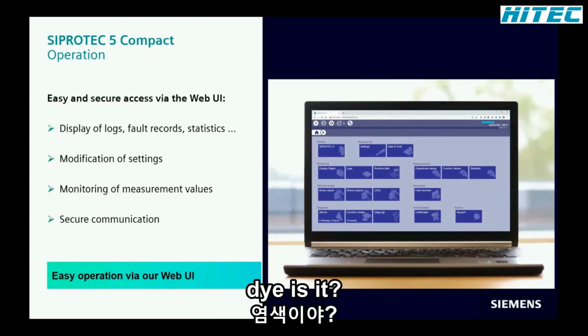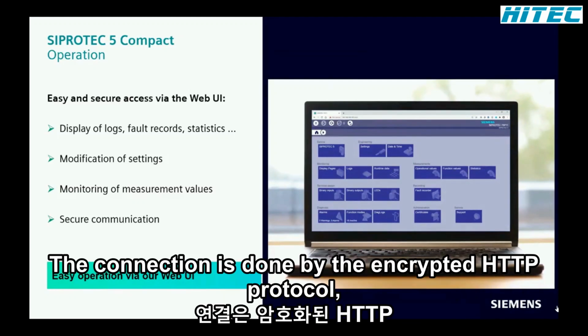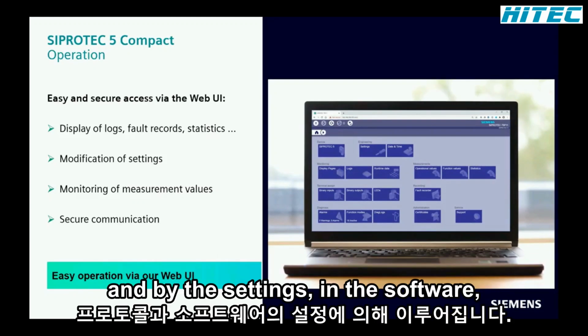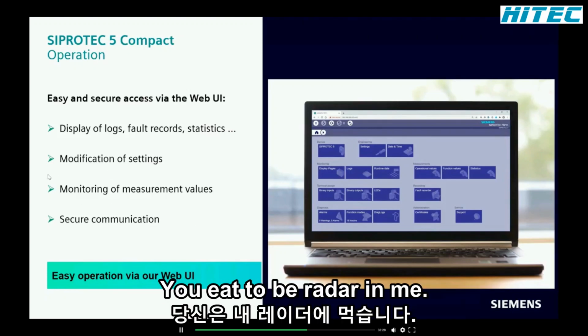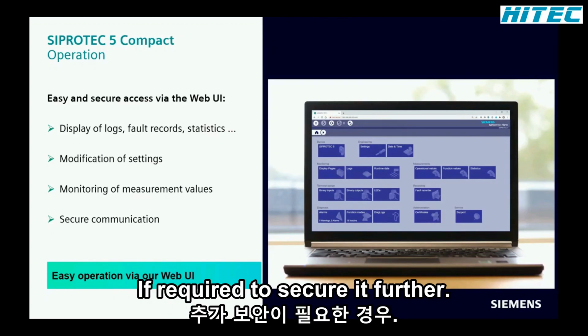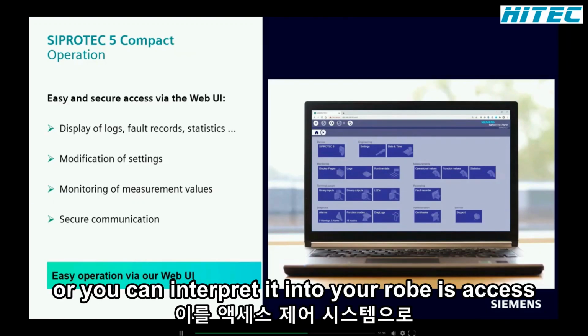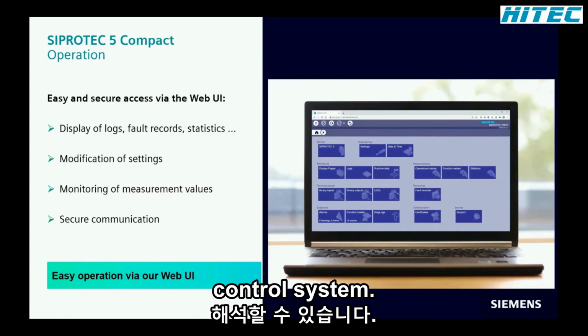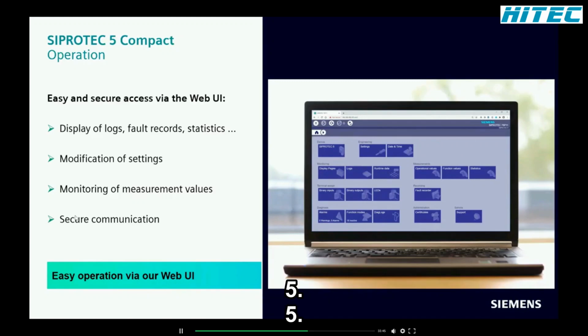Important to note here, though, is that this is a fully cyber secure solution. The connection is done via the encrypted HTTPS protocol, and via the settings in the software, the Ethernet interface access control, you can set the web UI to be read-only if required. To secure it further, you can use a standard connection password, or you can integrate it into your role-based access control system. So to sum it up, even if you're not familiar with DIGSI5, the web